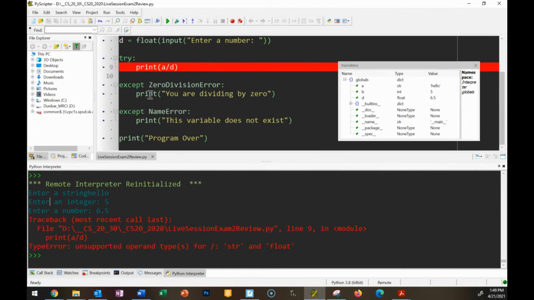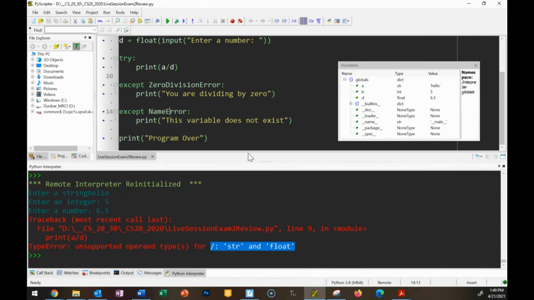Now, even though I had a try and except structure set up, what I didn't have covered was a type error. So I took care of a zero division error, and I took care of a name error, but I didn't specifically take care of a type error. And it tells me there's an unsupported operand type. That's just math, right? Unsupported operand type in this case would be division for a string and a float. So that line is just telling you Python is not equipped to divide a word by a number. It doesn't know what that means, and that is a type error. Because we didn't specifically have the type error taken care of with an except block,